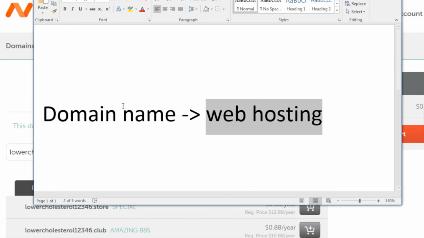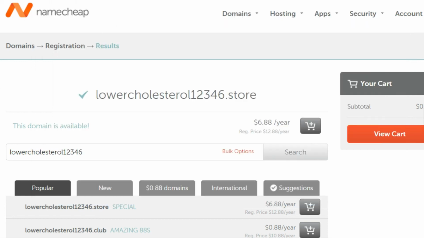So what you need to do now is find a web hosting company that specializes in WordPress, because you're going to be using WordPress. Now, just keep in mind that WordPress is a very intensive type of software. So as you grow your WordPress site, it utilizes a lot of RAM and a lot of server processing speed.